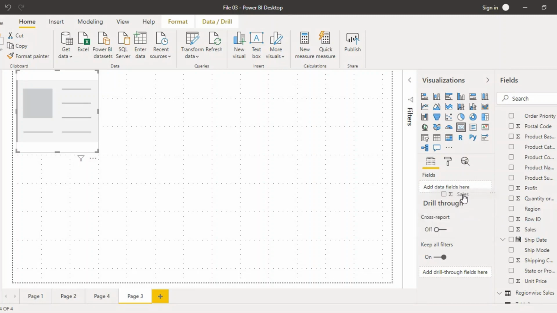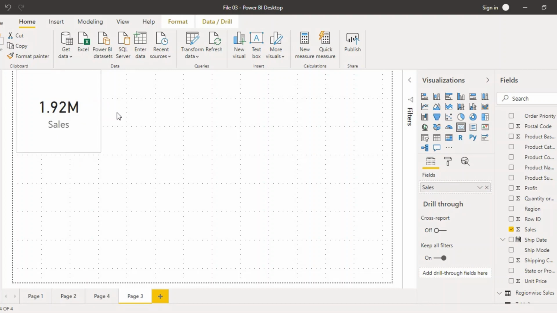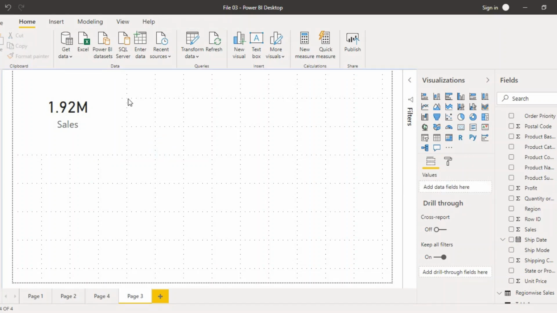So I can just drag the sales option into my fields value, and you can see that yes, I am getting the total number of sales made. So 1.92 million rupees worth of sales were made, and I'm able to see that information in a classified format, in a kind of visual format. So that is a card.